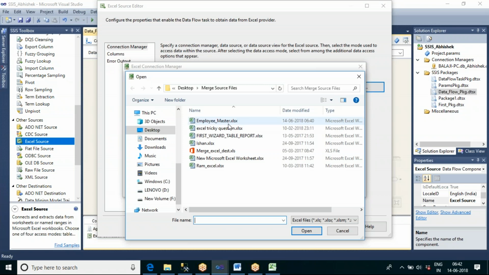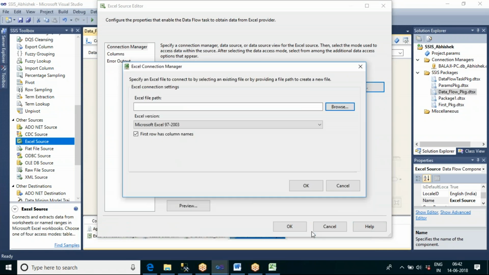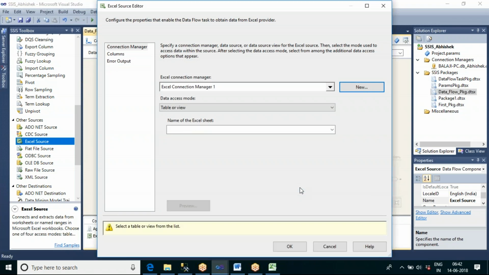Browse your Excel file. First row has column names. Yes, the first row has column names, and it is showing XLSX, which is the Excel 2007 version. It is automatically showing the correct version.